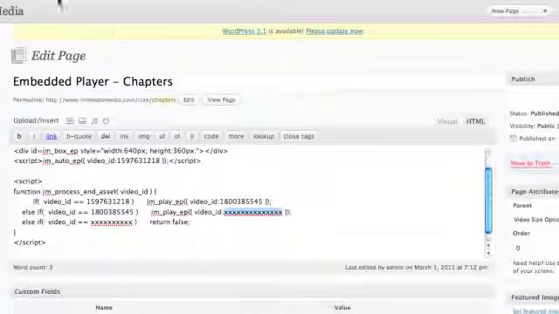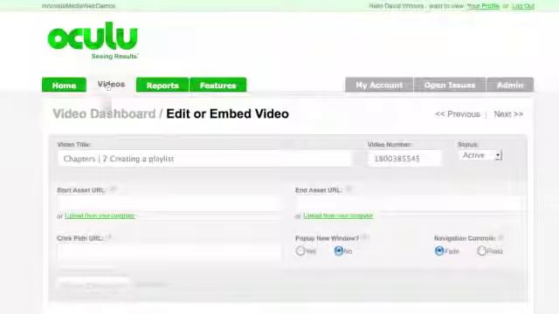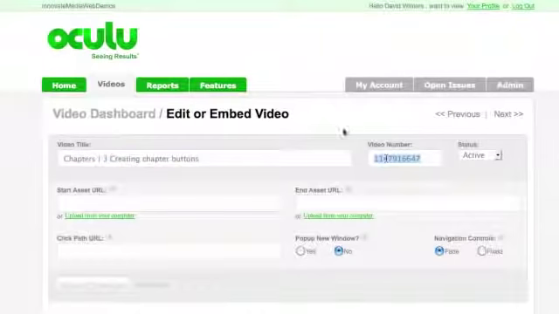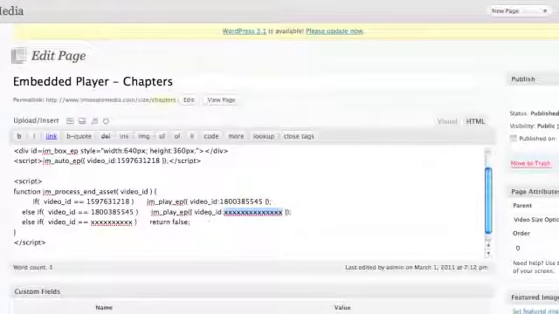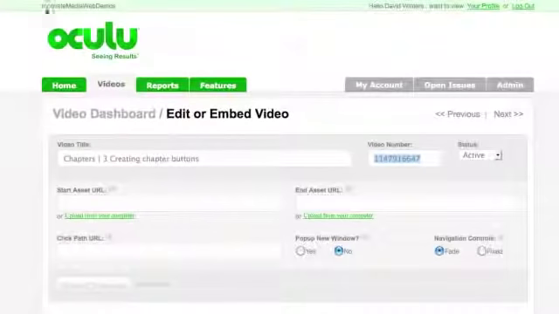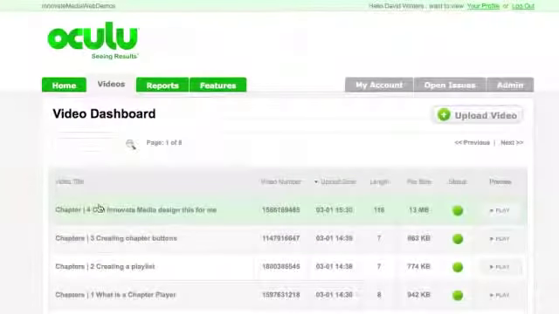When chapter 2 completes, I want to play chapter 3, which is right here. Copy the video number, paste it in, and same process again, chapter 3. And actually this is the end of the string, and I have 4 chapters instead of 3, so what I'm going to do is just copy this line, paste it in here. I'm going to take this number for chapter 3, paste it there, and finally grab chapter 4